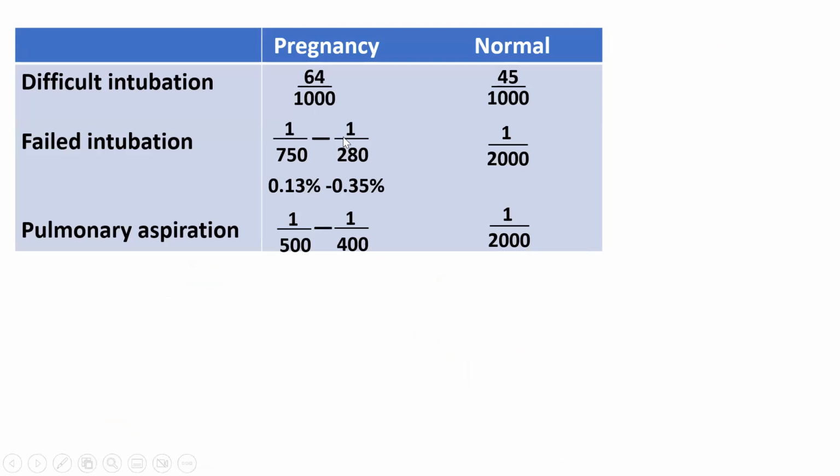So one needs to bear in mind the difficult intubation incidence or prevalence is much higher in pregnancy. As you see, 64 in 1,000 as compared to 45 per 1,000. And the failed intubation risk also is much higher, 1 in 750 or 0.13 to 0.35% as compared to normal, where it is 1 in 2,000 as opposed to 1 in 280. So your possibility of a situation where you are unable to intubate is much higher in pregnancy, and the risk of aspiration also is